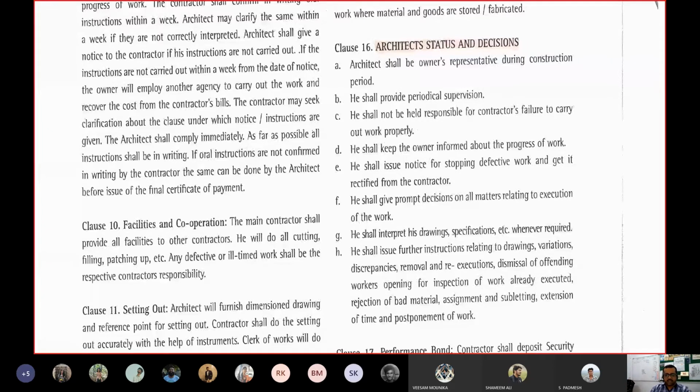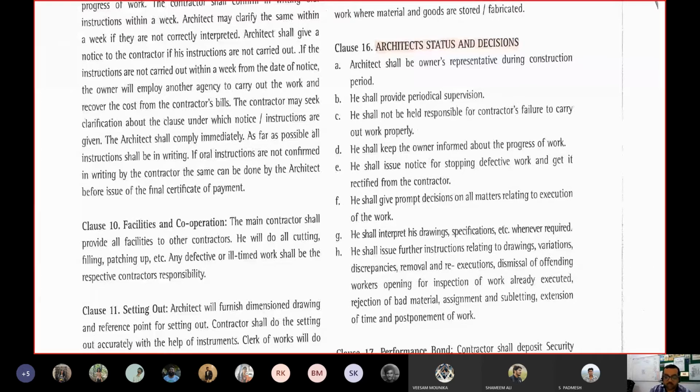Next one, it is a brief explanation here, which is a performance bond. We have cited this performance bond earlier while starting with the tender document, that the contractor shall deposit a security deposit. So a performance bond is a kind of security deposit only, within 10 days of signing of contract. Okay. In a big scale project, it can be even 30 days from the date of signing of contract.